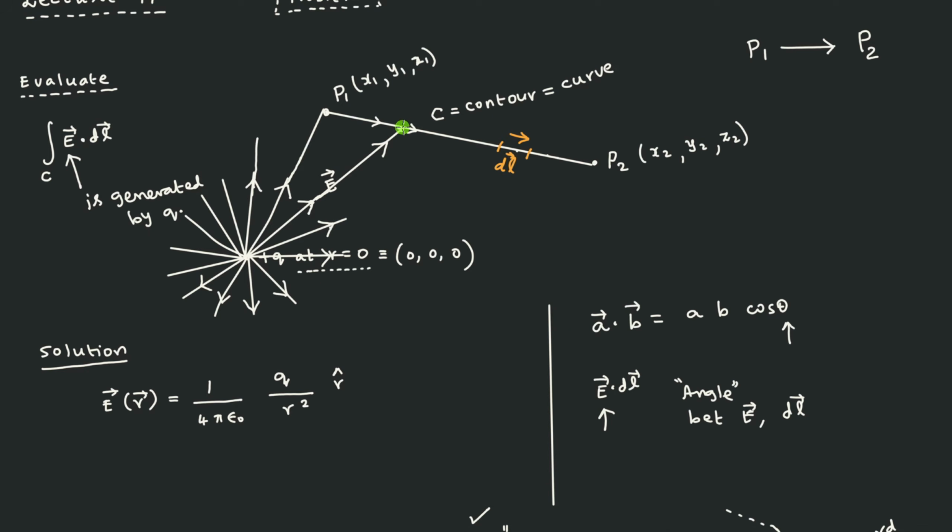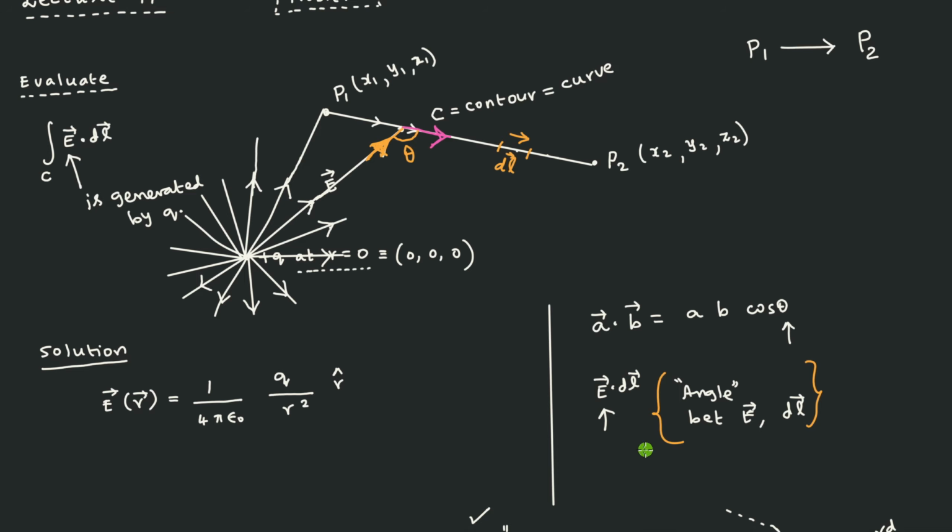I am now showing here in the pink color the direction of your travel, and the direction of the electric field is shown in the orange color. So the orange color is the direction of the electric field, and the pink color represents the direction of your travel. And now we are interested in this angle. That is the angle we are talking about. Let me draw theta here.